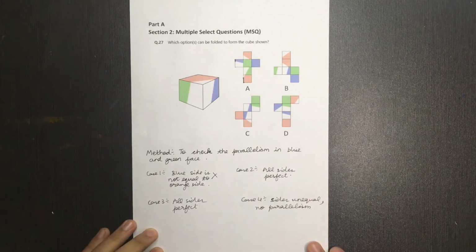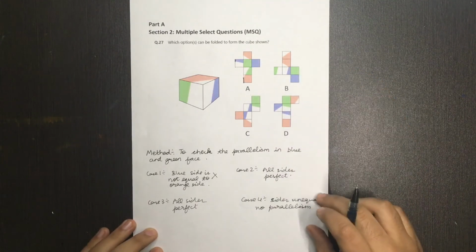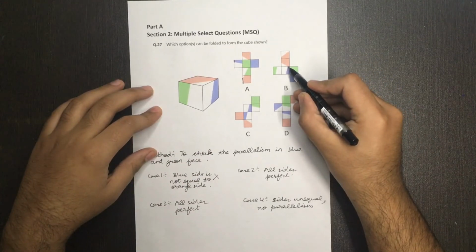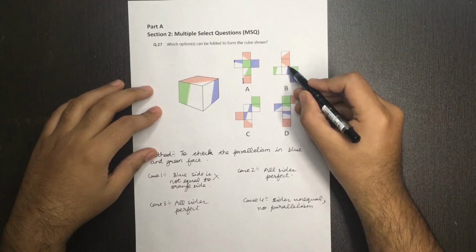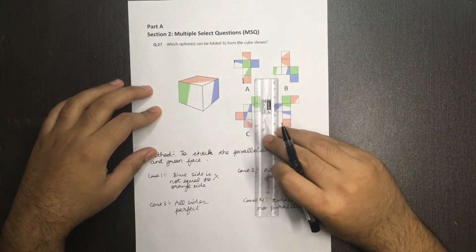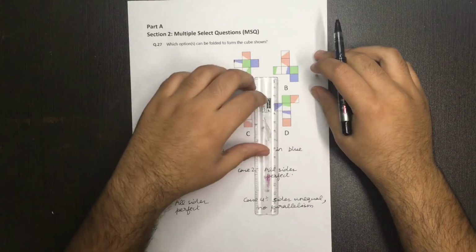So case 1, it is false. Similarly for this option, if we see over here, first of all, the blue shorter side and the orange shorter side are all matching, so definitely this option is true. Now we'll go for the green and the orange combinations.